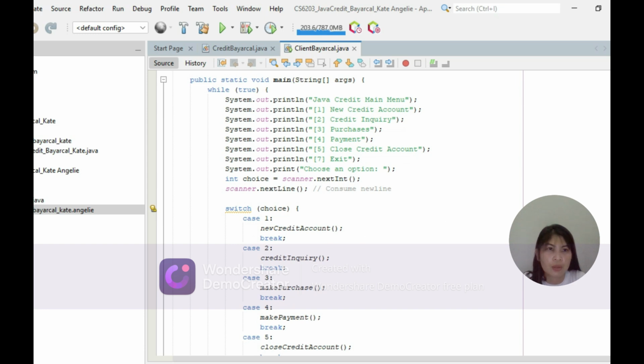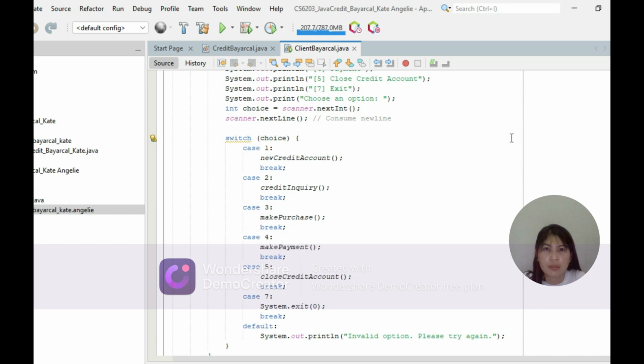So to switch, as I have said a while ago, if you want to choose a credit account, a credit inquiry, make a purchase, make a payment, choose close credit account, or exit, then break. So this is how I construct the program. So switch, open parenthesis, choice, close parenthesis, and then bracket.